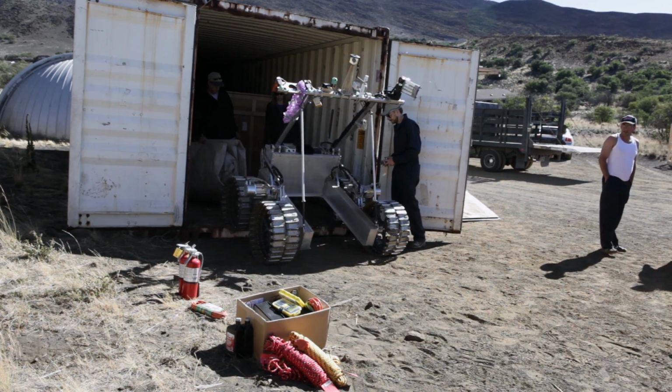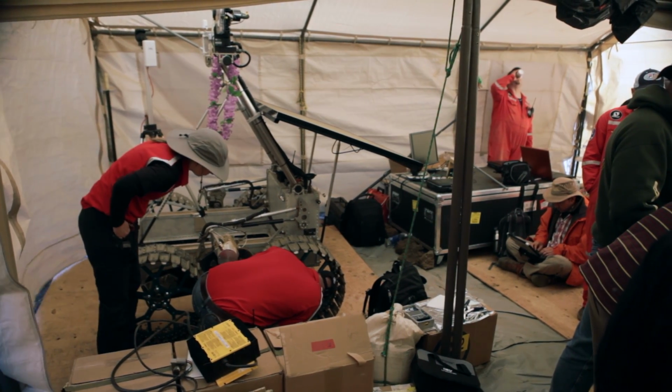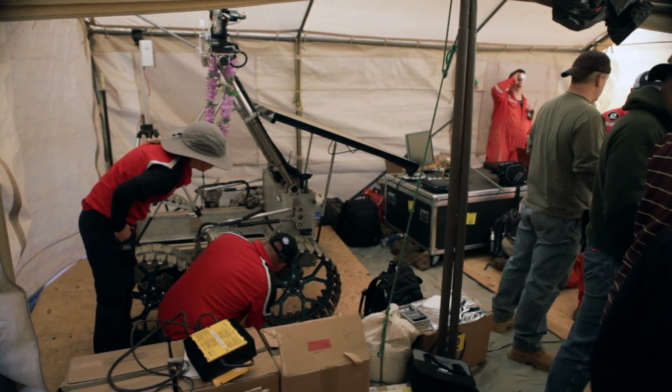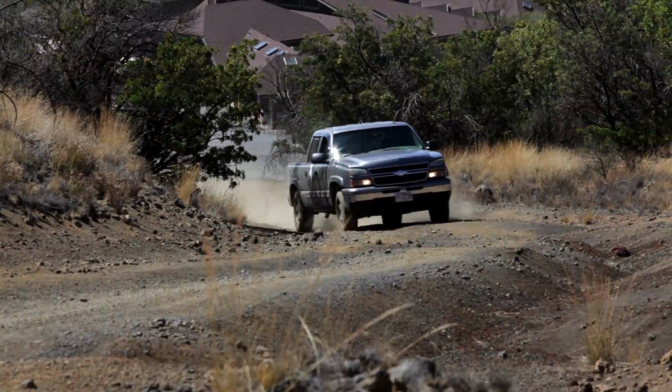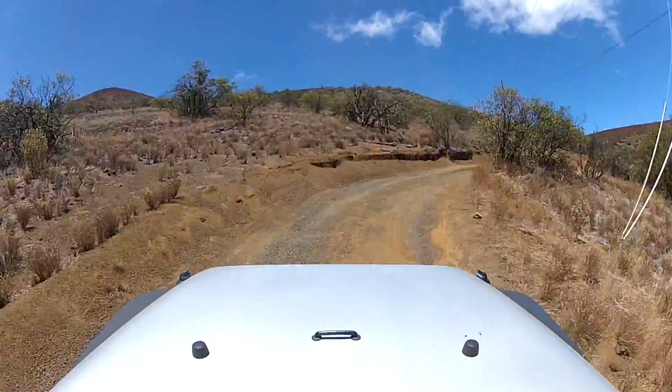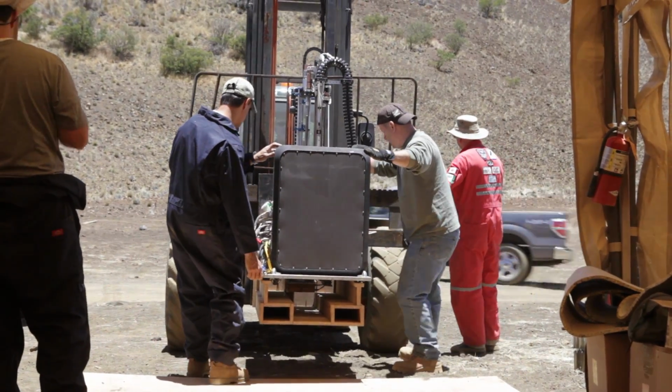We're shipping things that are hazardous, like lithium-ion batteries. So there's all kinds of permits that must be obtained, and we really had some challenges getting our batteries. At one point, we even thought we might have to disassemble the batteries into individual cells, ship the individual cells, and then reassemble the battery when they got here. Once you get here, we are in a harsh environment, so it requires four-wheel drives to arrive in these places, all-terrain forklifts and things of that nature to help us lift and assemble the things in place